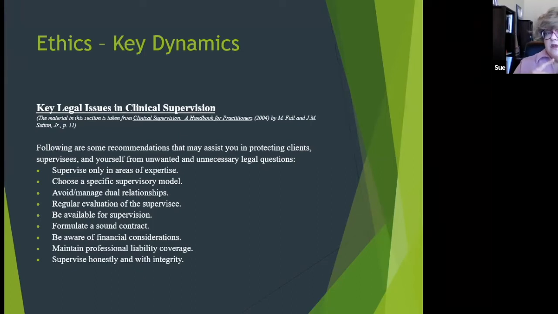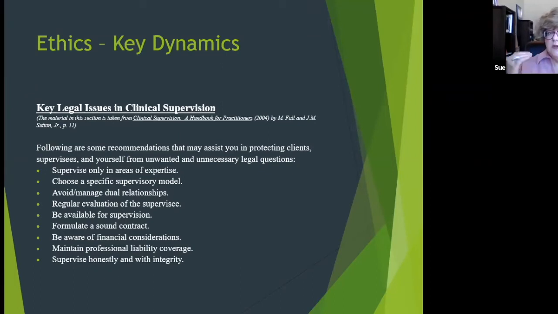Many of you may have experienced or have heard, I certainly have heard many stories of people who said they've had horrible supervisors, and they've learned how not to be a supervisor by some of the supervisors that they've had. So the relationship can be so important, and fostering and taking care of that relationship is important from the standpoint of your supervisee's professional development, that they're getting what they need, and that you are able to check in with them pretty regularly.